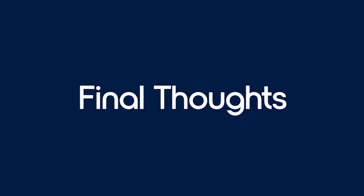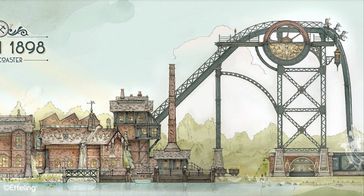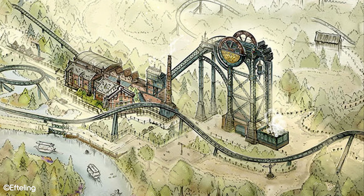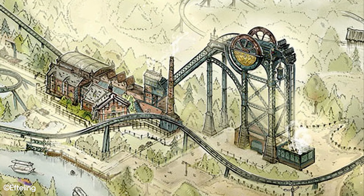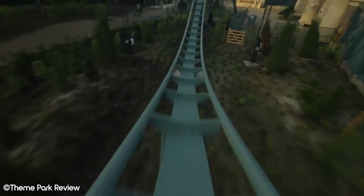Final thoughts. The original goal created for Baron 1898 was to help the park gain an annual attendance of 5 million visitors by the year 2020. The inclusion of this attraction helped achieve that goal 3 years early in 2017, making Efteling the third most visited theme park in Europe, behind Disneyland Paris and Europa Park. While the park has been known in Europe for quite some time, Baron 1898 has really helped establish the park as a must-visit, with an estimated 94% of the Dutch population now being said to have visited the park at